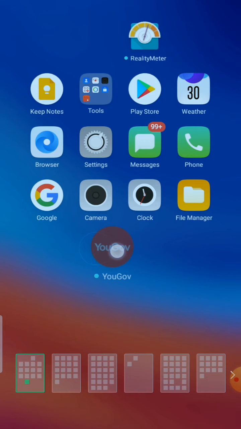This first one is highlighting. You are watching, I am showing you, just one is highlighting because I am on the first page. So now I want to move this icon to the second page, so I am going to drag and move it to the second page.